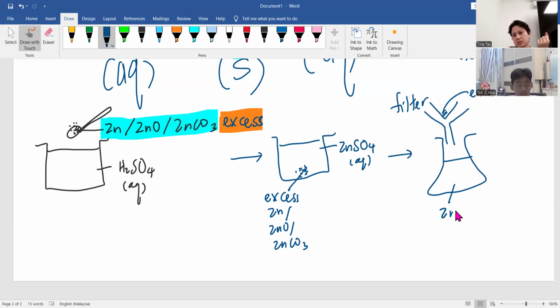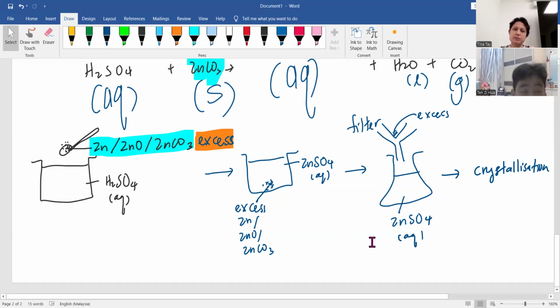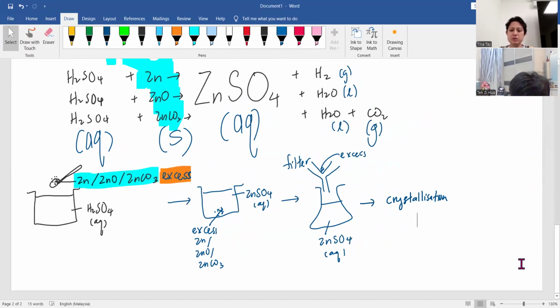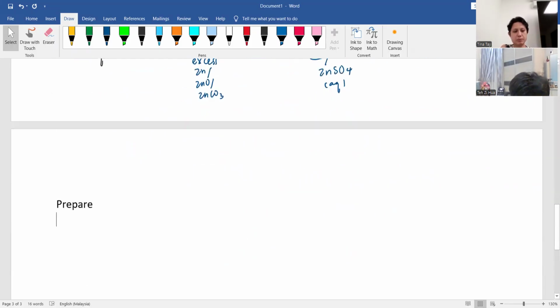And so here is the zinc sulfate solution. Now, if you need crystals, then you go to crystallization, which is the same as just now. Can you understand? Okay, so now I want you to write equations. You must write whether it's method 1 or method 2. Method 3 I will teach you next week. Write the equation to prepare: